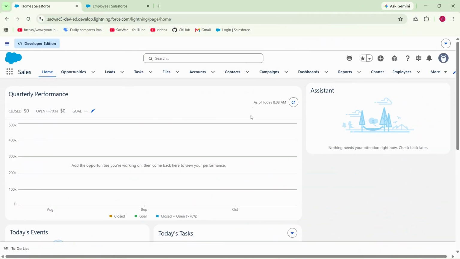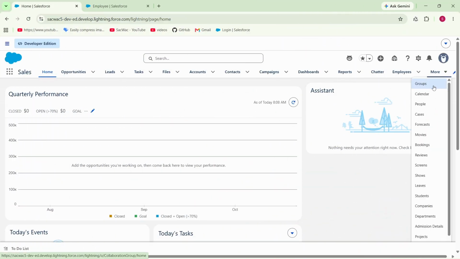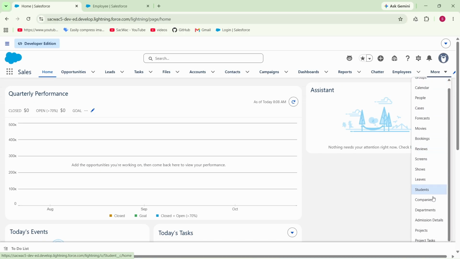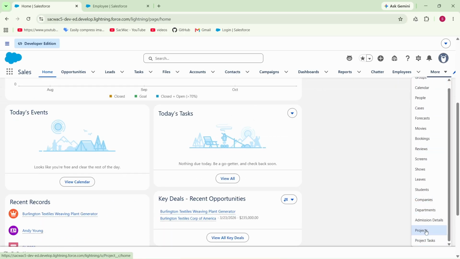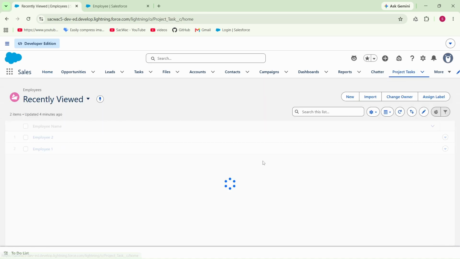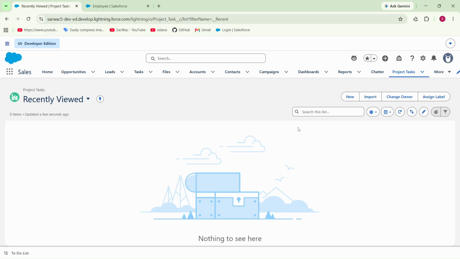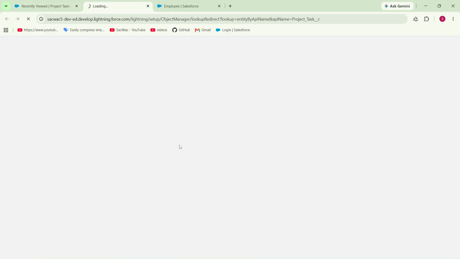So I'm back in my Salesforce org now, and let me go to the More option, and here I have created two objects, Projects and Project Tasks. The project is going to be the parent and the project task is going to be the child. So let me go to the project task, and now I will create the master-detail relationship between these two objects. So let me go to the Edit Object option,